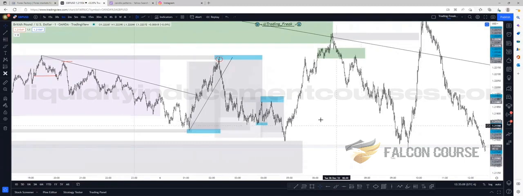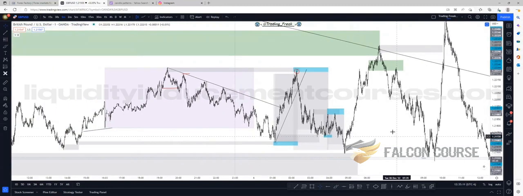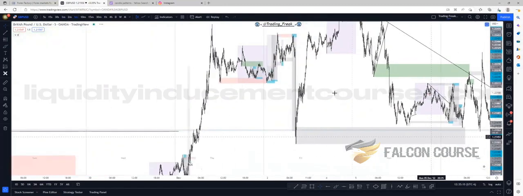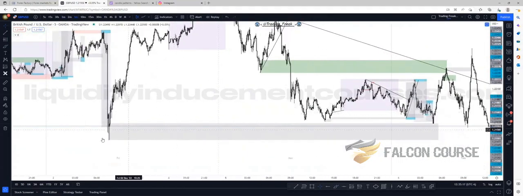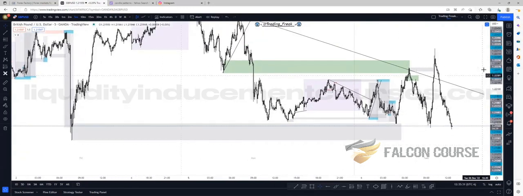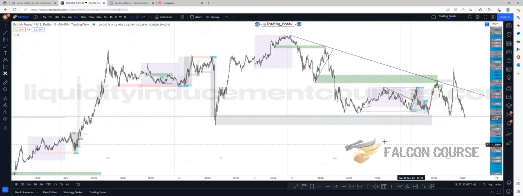If we go over here to the 5-minute time frame, or you could use the 15-minute time frame, we did have a little bit of imbalance, but we also had the strong low that pushed the market up higher. I still expect this low to go between today and tomorrow. That's what I'm hoping for.